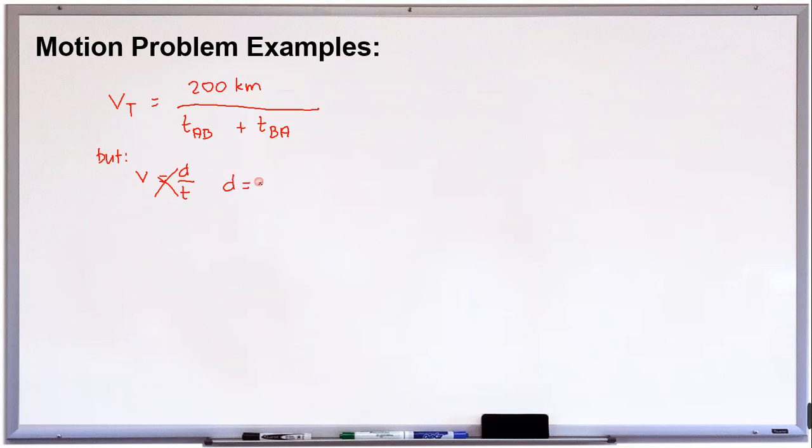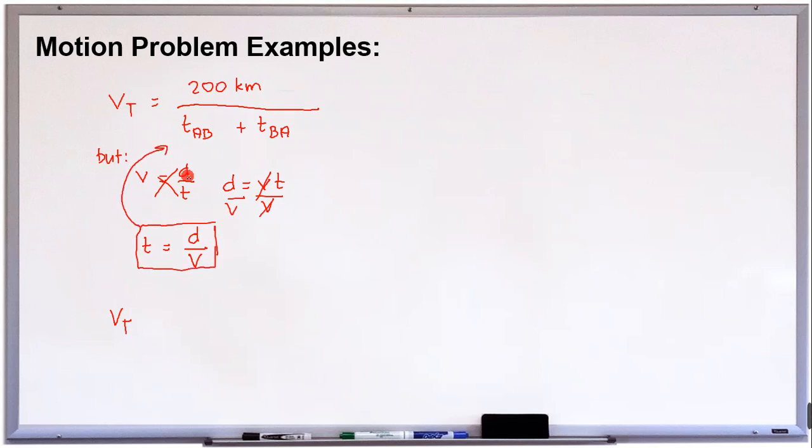So that is d is equal to vt. Then we divide both sides by v. So you have t is equal to distance over the velocity. Okay, so we are going to apply this one